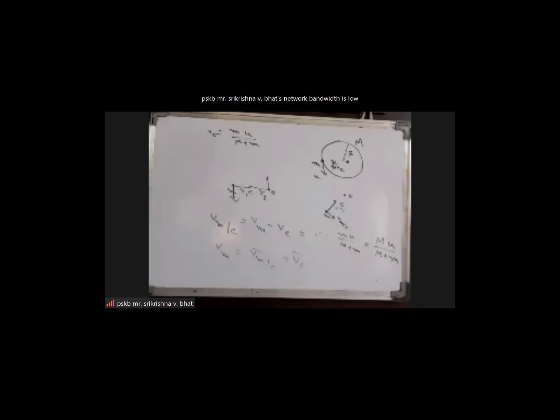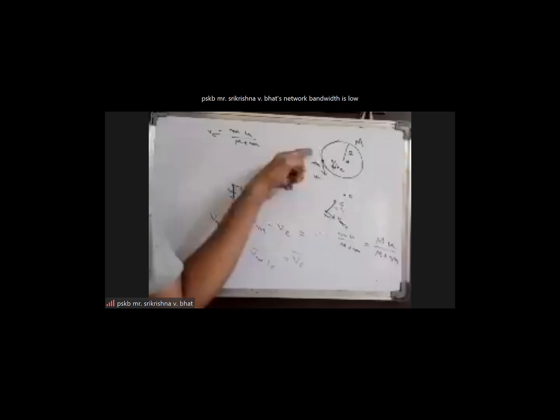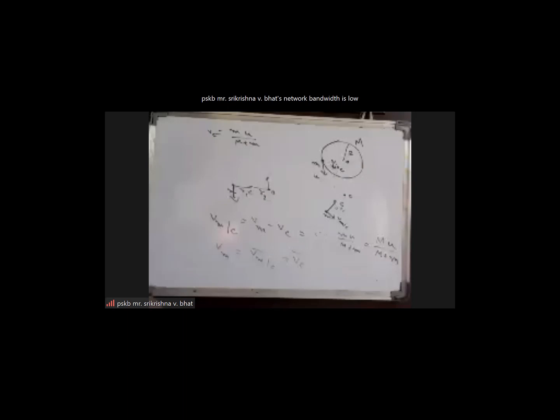Imagine suppose this is a circle. The bead moves in a circle of this radius, a circle of radius CP. It keeps on moving in that circular path because it is constrained to move in that circular path, while the center of mass moves in a straight line. Whatever initial speed has been given to the bead with respect to the center of mass, it should be moving with that speed only in the circular path. The only thing is that the direction of motion of the bead with respect to the center of mass will keep changing. It will not always be in this downward direction. It will keep changing because it is an angular motion with respect to the center of mass.